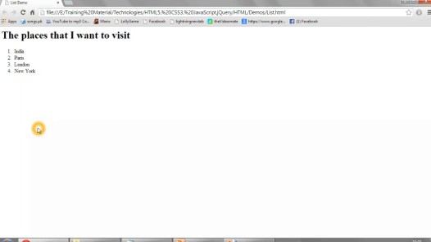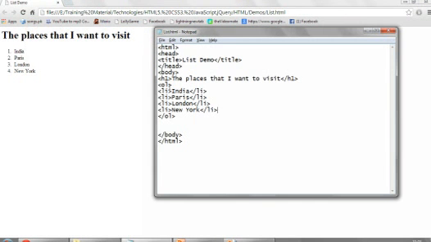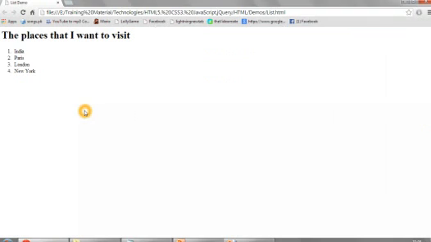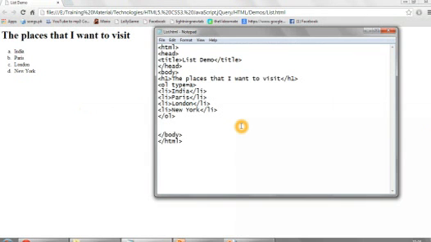Now the numbers are coming. By default your numbers will come as 1 2 3 4, but sometimes we want ABCD or Roman numbers. There is a type attribute of the OL tag, the same type attribute we have for the unordered list. In that we chose whether we want the square, the circle or the disc, but here we write the type that we want. So if I write A over here, that means I want ABCD, or I can change it to capital letters.